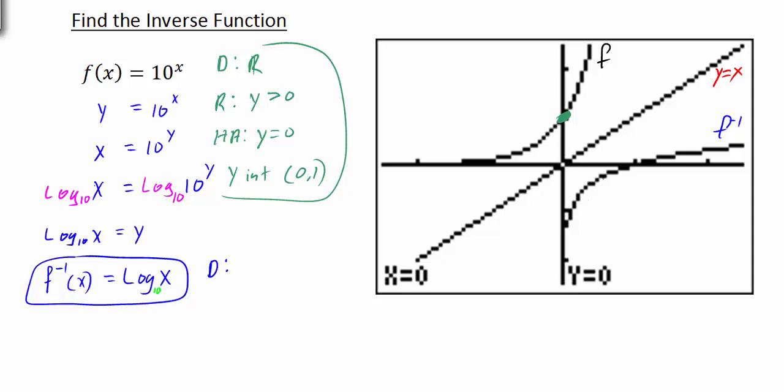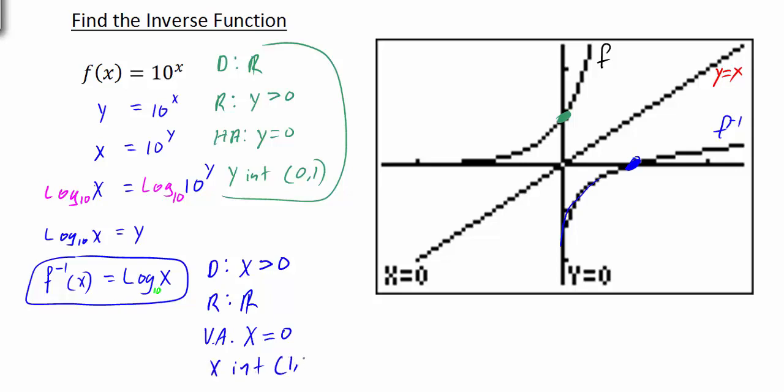Well, clearly here the domain is going to be what? Anything that is greater than 0, because notice here the graph never crosses the y-axis over here. So your domain is going to be x is simply greater than 0. And of course your range, because this goes down and up forever, would simply be all real numbers. And this time, instead of a horizontal, we're going to have a vertical asymptote, okay? And that's going to be right here at the y-axis going up and down. So that would be x equals 0. And here, instead of a y-intercept, we're going to have an x-intercept